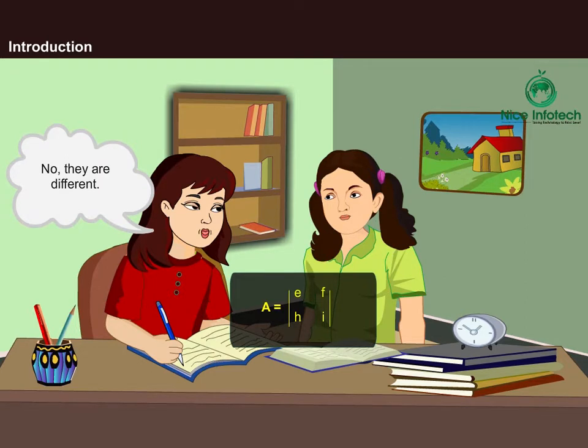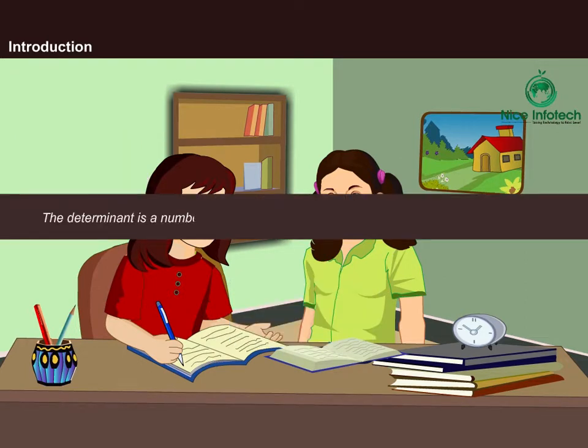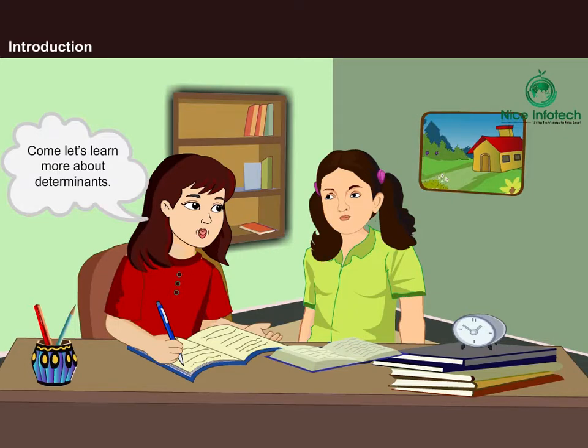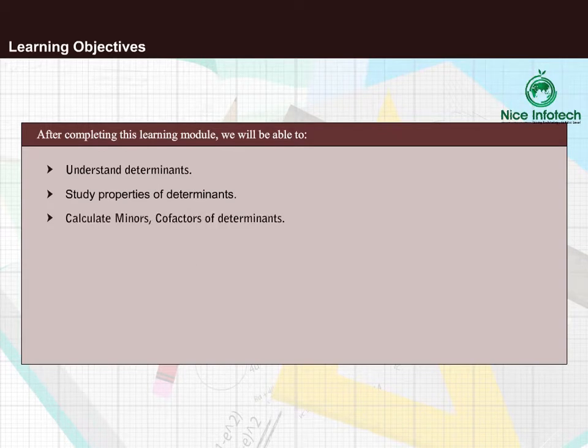No, they are different. The determinant is a number which tells us the uniqueness of solution for a specific matrix. Oh, I'm confused. Come, let's learn more about determinants. After completing this learning module, we will be able to understand determinants, study properties of determinants, calculate minors, cofactors of